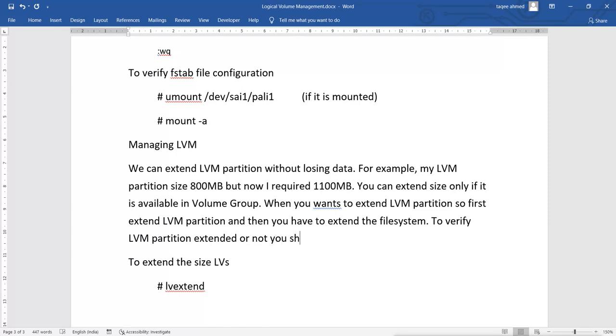You should use the df -h command. This will show you the real picture.